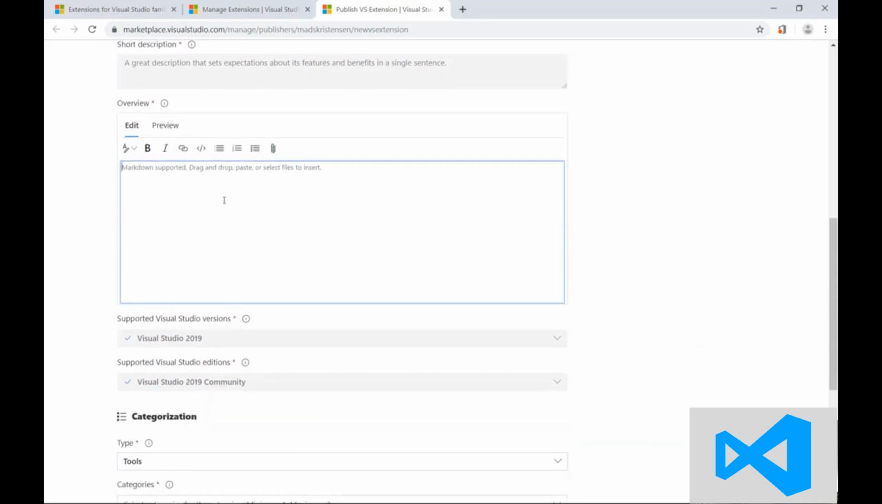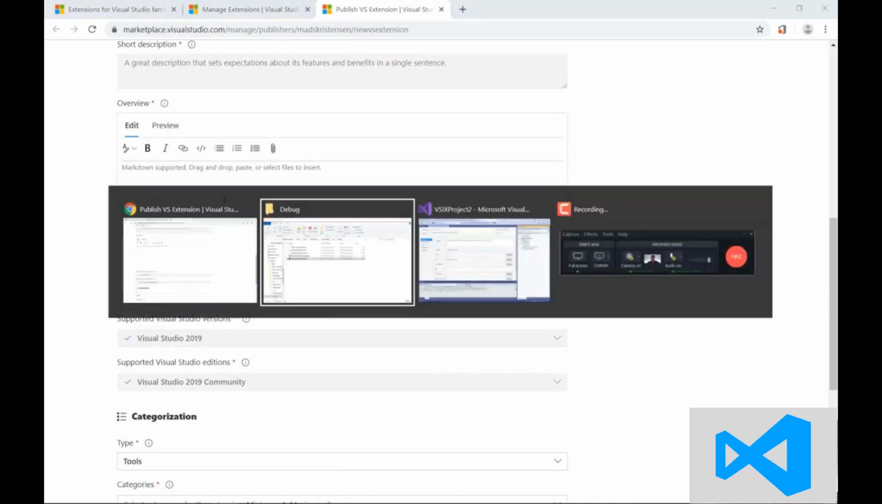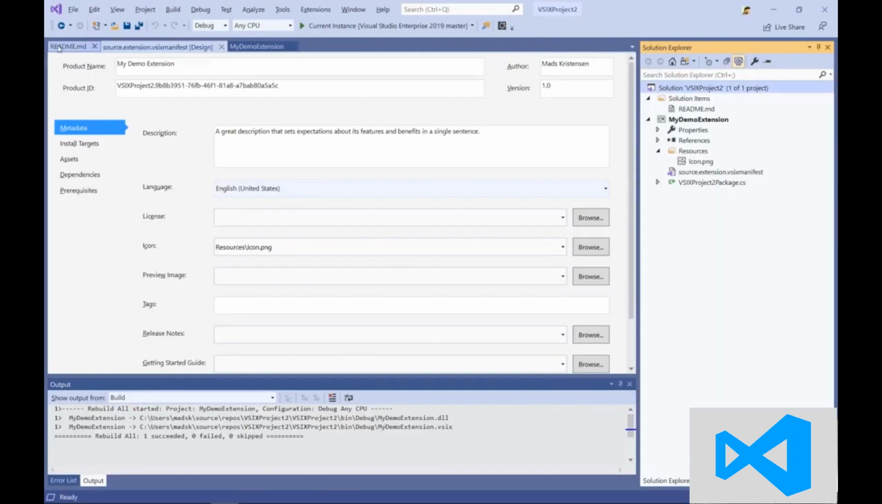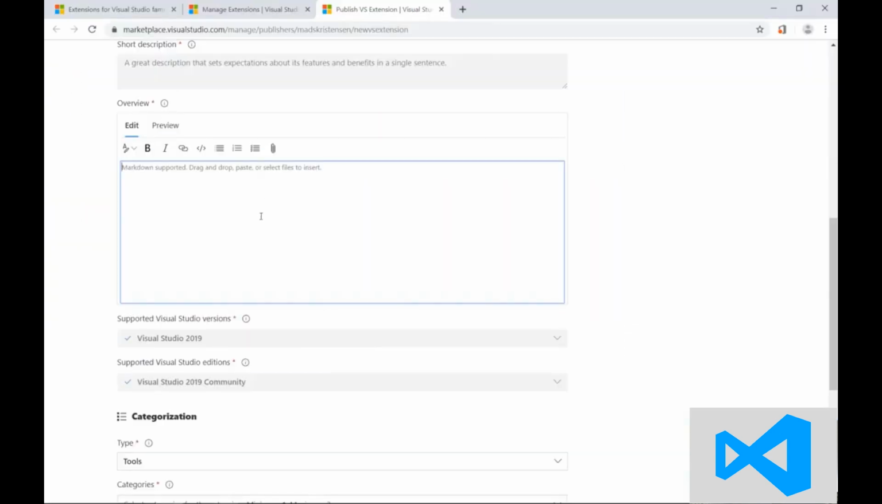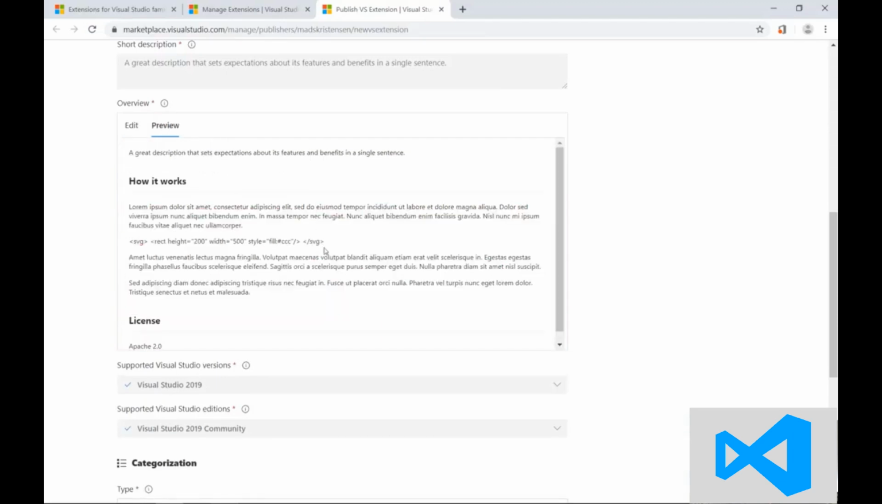But here I have a bigger field to write some markdown for the page itself, and this is basically where I want to showcase my extension so people can see what it does, have a really nice description. And I already have a markdown file right here, and I'm going to grab the content of that, paste it in. We get a little preview,